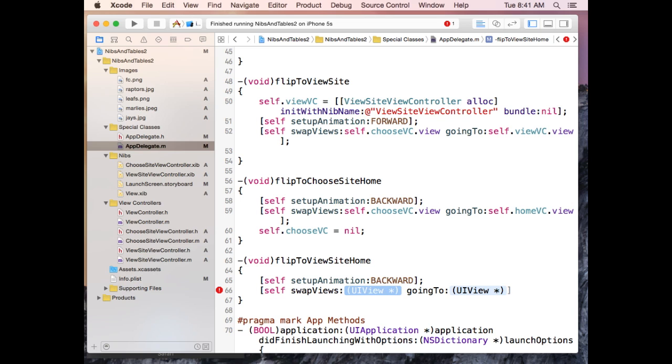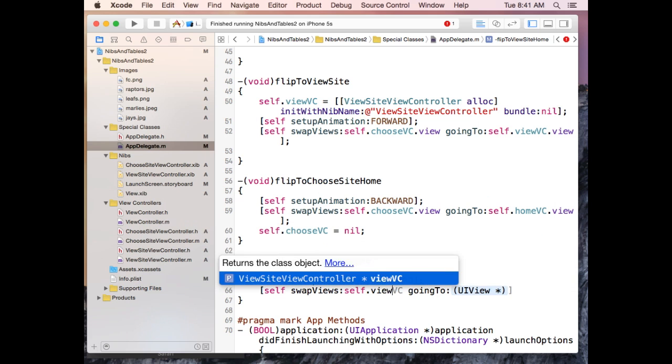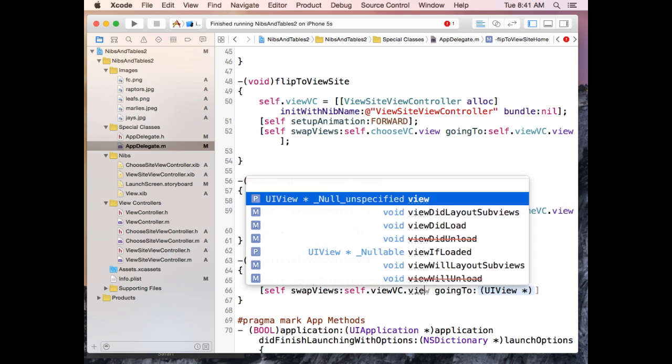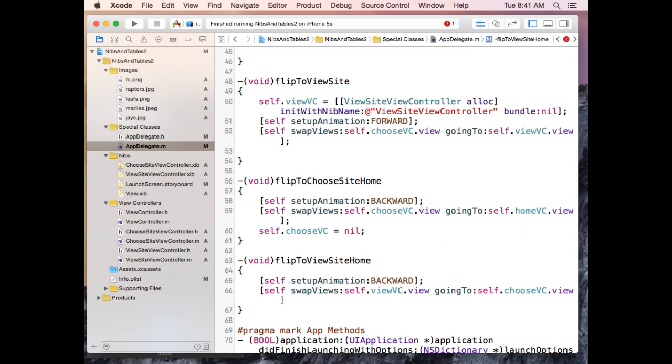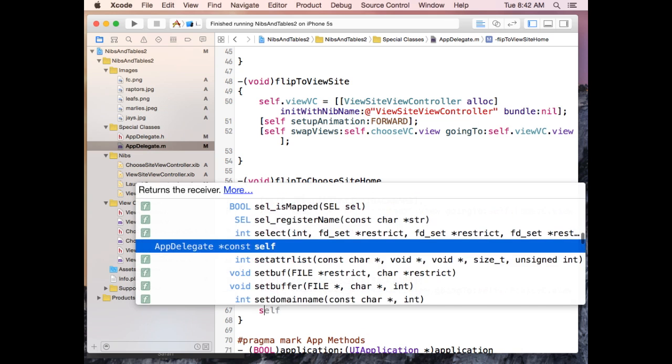So if we're calling this method, it's assumed we're on the view site view controller page. We're hitting the back button and we're going back to the choose site view controller page, the page that has the table on it. So we want to pass in self.viewVC.view and also self.chooseVC.view. And then also self